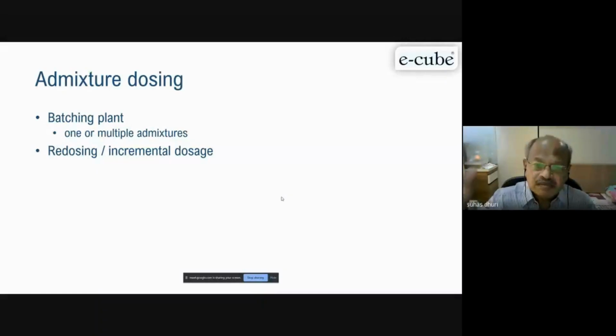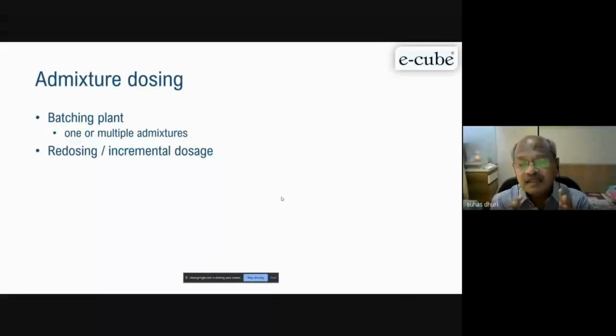So there is a measuring jar we can do by the volume, or you can take by weight also. There is a pump, you can pump as per your batching system, and the desired quantity of admixture will go into each batch of concrete on the mixer. Now here one thing you have to remember as a civil engineer,